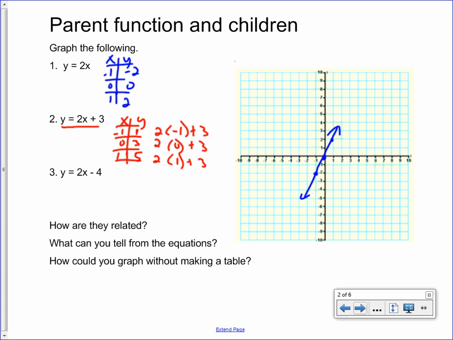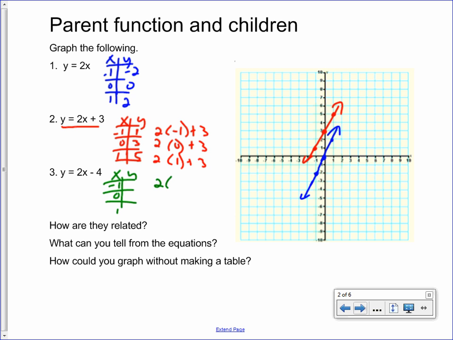So I get a -1, 1. I get a 0, 3. Had one point wrong already. Hopefully you got that. So we were here for a point. So -1, 1, a 0, 3, and a 1, 5. So there would be my second line. Okay, and my third line, if I use this one,